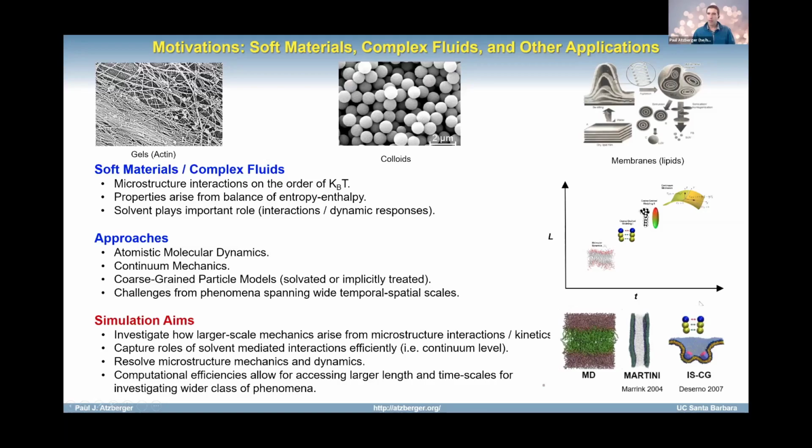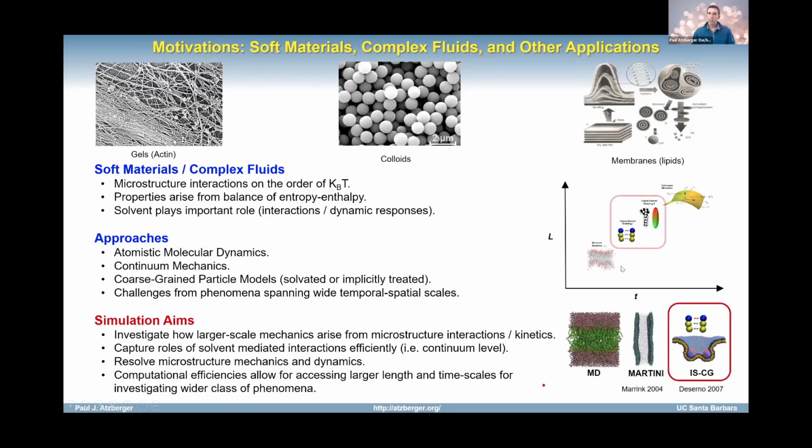Okay, so I think I'll just move forward from there. We're trying to target this middle temporal and length scale, if you think of it as a gradation of different levels of resolution in space and time, starting with fully atomistic simulations and working your way up towards continuum. We're trying to be right at the boundary where continuum models aren't quite able to get the job done, but a bottom-up approach, starting fully atomistic, would become prohibitively expensive to simulate. So we're really targeting ways of enhancing these coarse-grained modeling approaches.